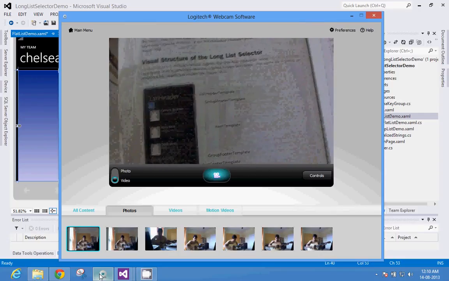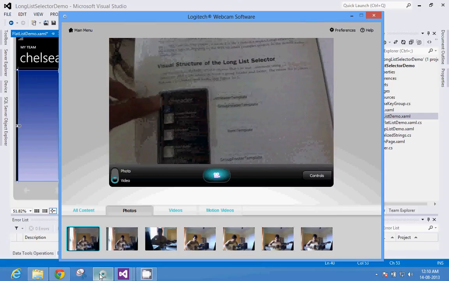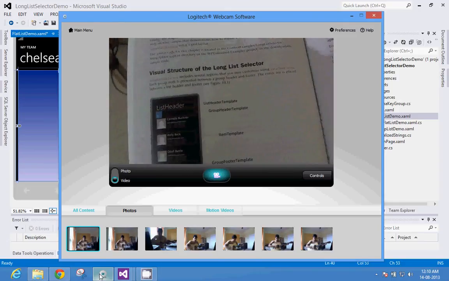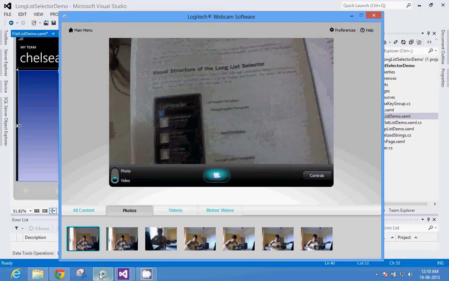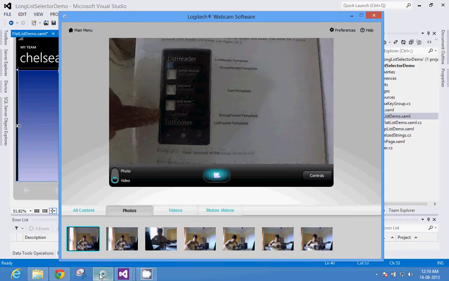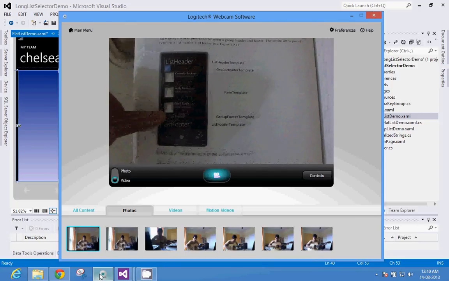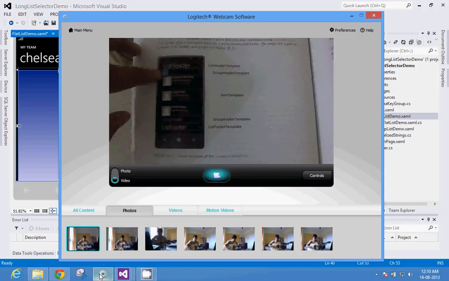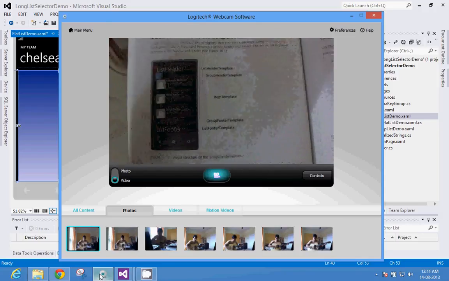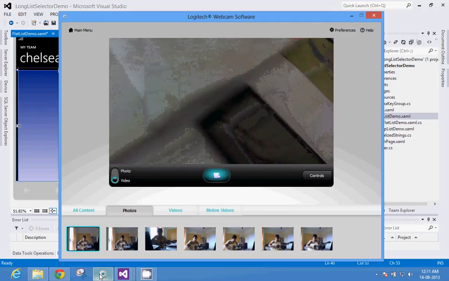So list header is this, right? Then you have the ABCD that we saw, that is group header. Then you have items, the list items here. Then you have group footer, which is really optional, a footer for this B. And then you have list footer, like list header, list footer. Fine. So let's come back to the code.